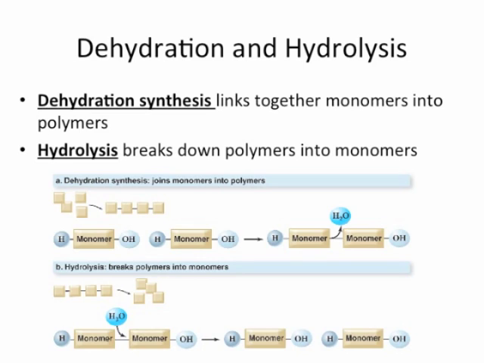So here are 2 monomers. Although their chemical structures will be different based on which biomolecule we're talking about, they're all going to have an OH on one side and an H on the other side. They might have more functional groups sticking off of them, but an OH and an H. In order to link these 2 monomers together, this H and this OH will be removed. So you remove H2O and leave behind a bond. That's called dehydration synthesis. It joins monomers into polymers.